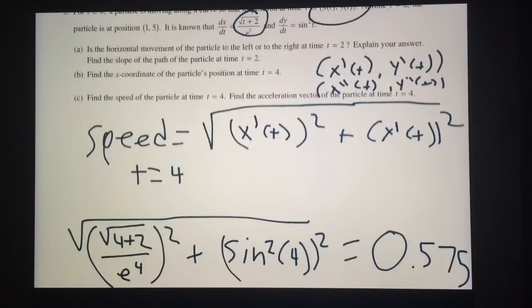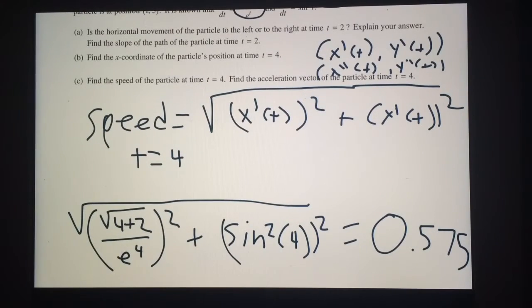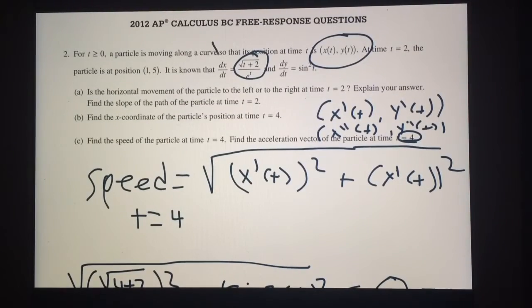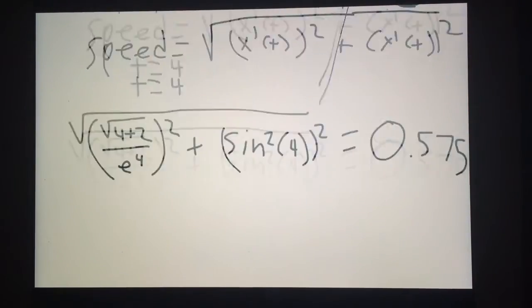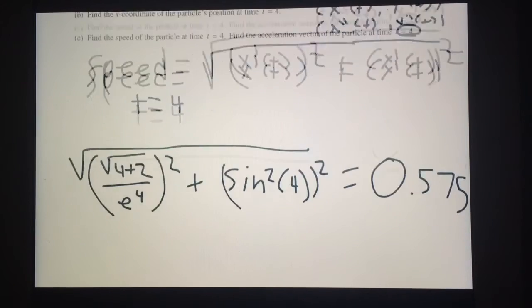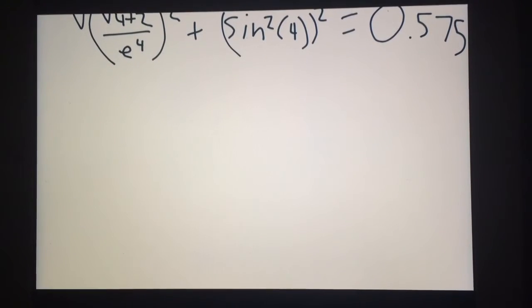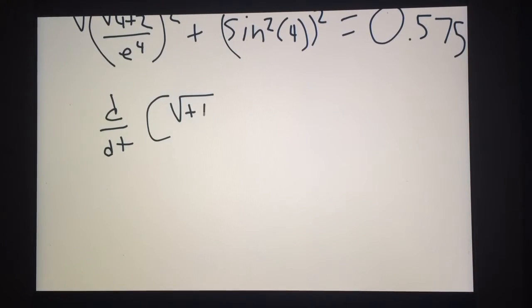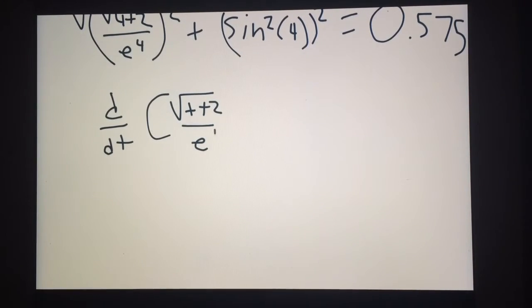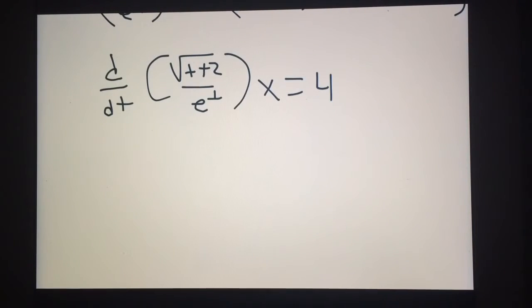So we have to find the derivative at t equals 4 of dx and dy. This handy-dandy calculator problem, we can figure out that if you do d/dt of the square root of t plus 2 over e to the t at t equals 4, you get